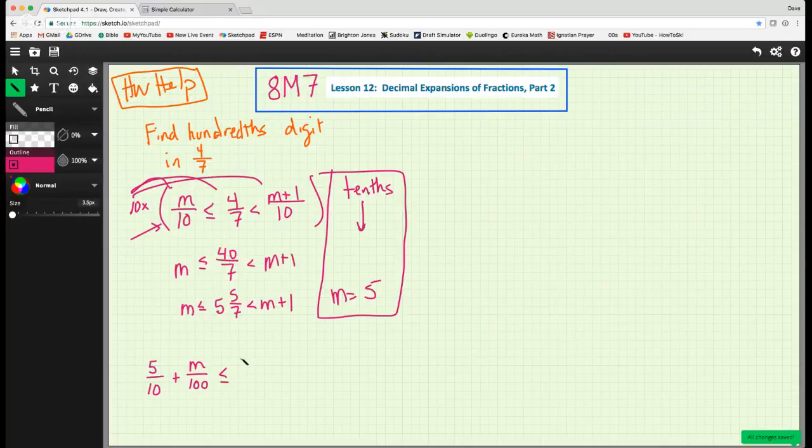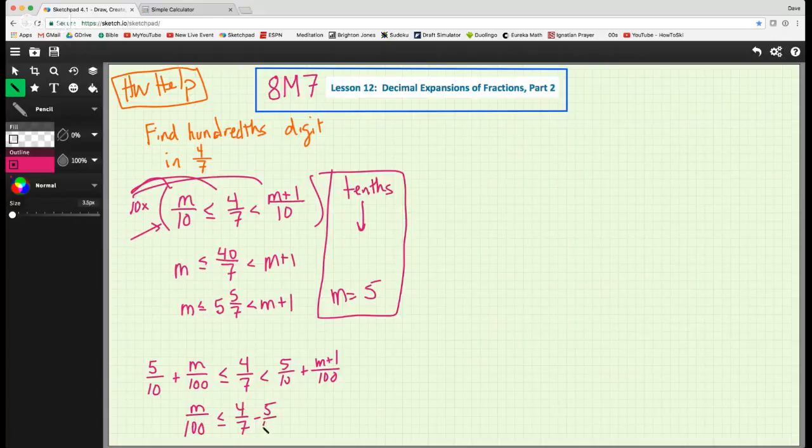Is less than or equal to 4/7 is less than 5/10 plus m plus 1 over 100. We found our tenths digit, and we're looking for our hundredths digit. So now we have to subtract 5/10 from everywhere. So we get m over 100 is less than or equal to 4/7